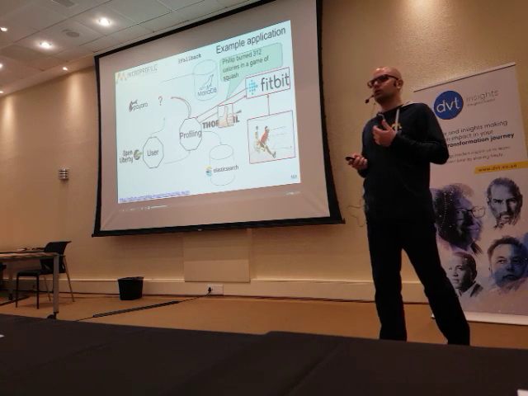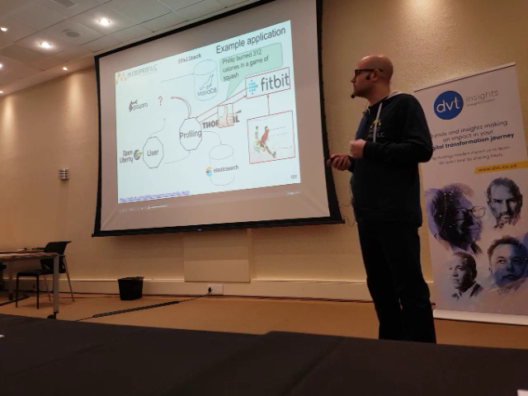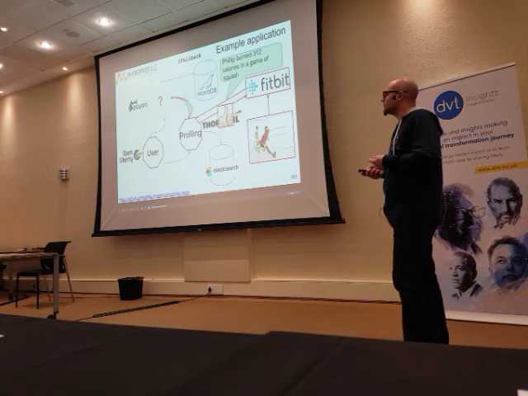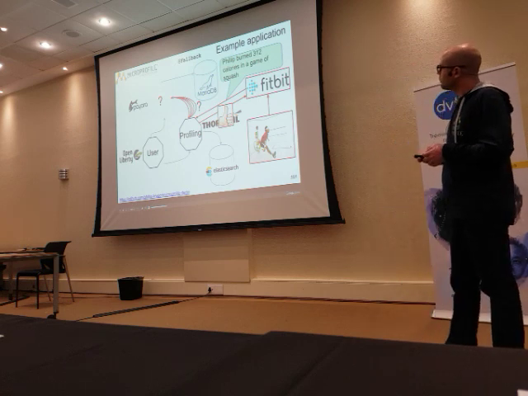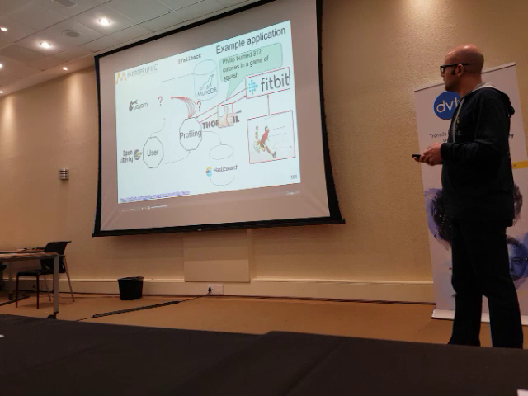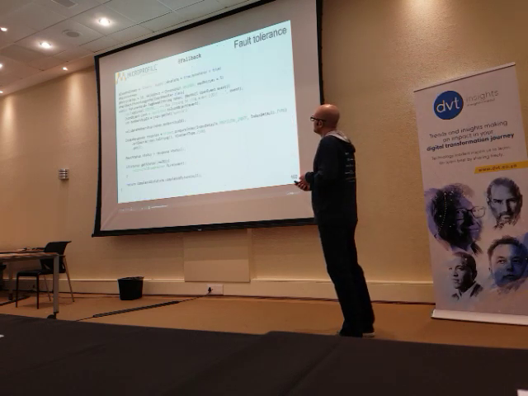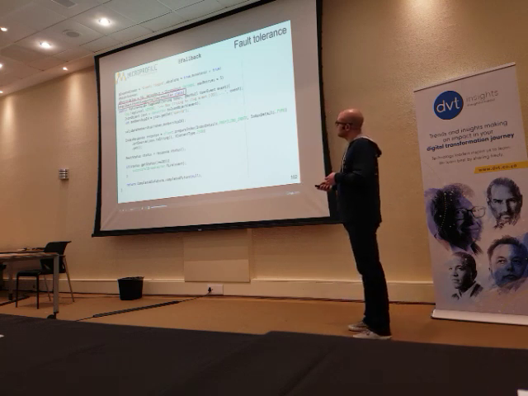So this is all good and well if they came back within my specified retries, but what if they didn't? What if I tried the third time and the service is still down? And I try a fourth time and a fifth time, and now what? Now I can use the fallback annotation, which allows me to provide an alternative. So in this case, I'm adding a fallback annotation and giving it a handler.